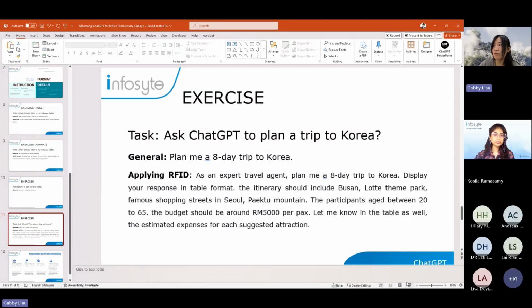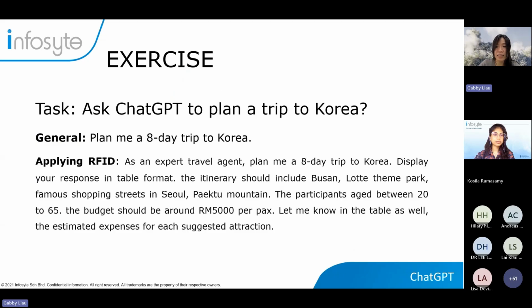Okay, so Edward, if you have any questions about this RFID or any question in your mind, just let me know in the chat. Later we have a Q&A session, so maybe you can look at your questions later. Just let me know if you have any question.